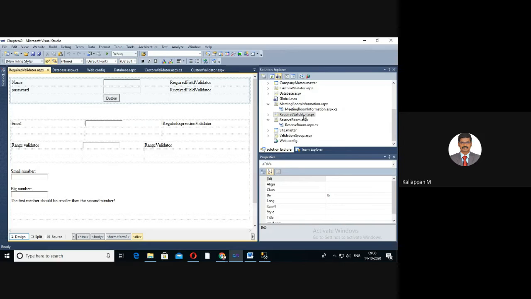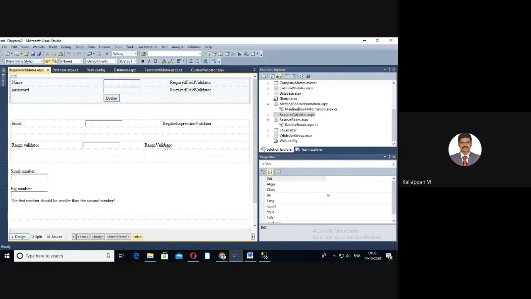These validation control classes are inherited from the base validator class. All the validator controls here are represented as classes: required field validator is a class, regular expression validator is a class, range validator is a class.